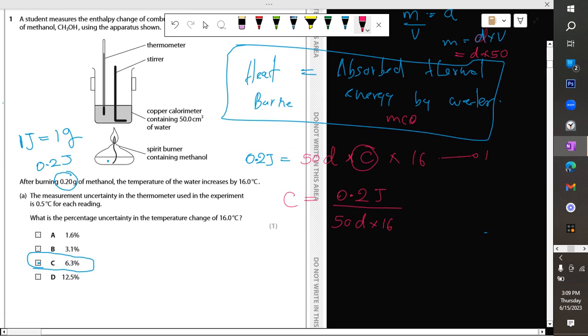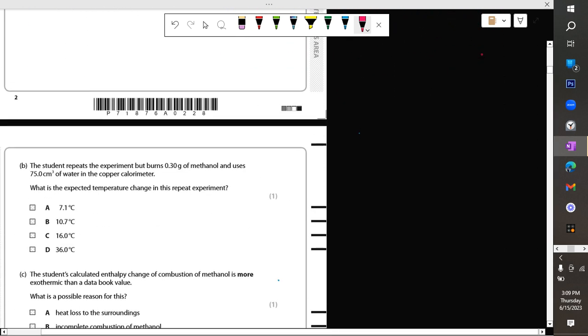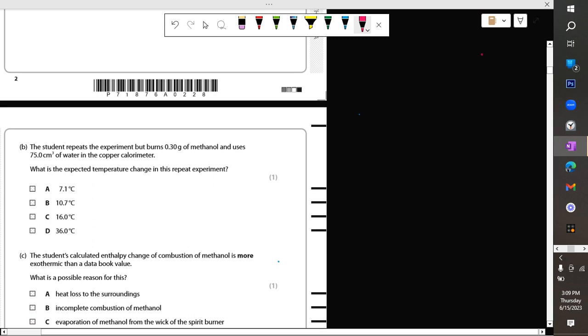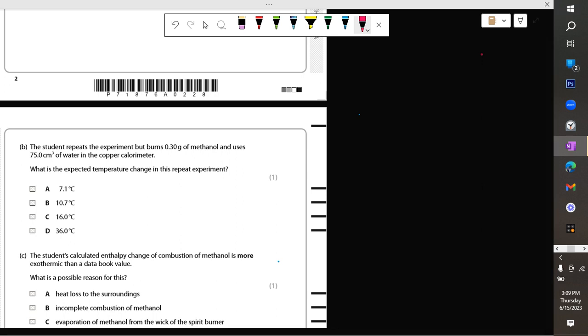I just write the equation for the first part, right? And for the second part, B, again heat emitted by the lamp is equal to absorbed heat by the water. So emitted heat this time is 0.3 grams. We have assumed that 1 joule contains 1 gram, so 0.3 joules. Emitted heat is 0.3 joules equals absorbed heat mc theta, mass